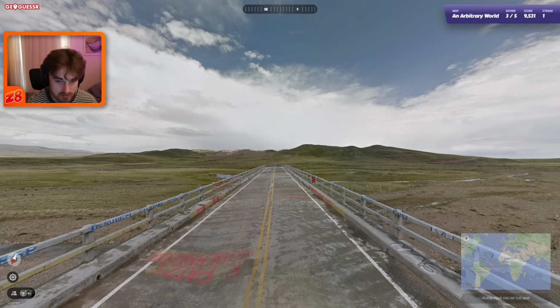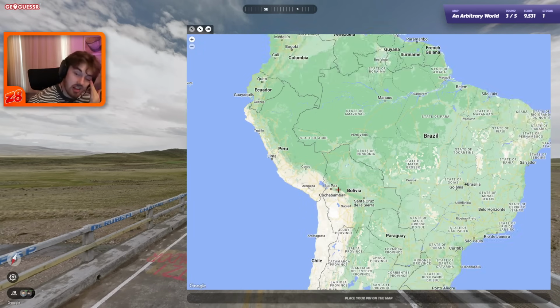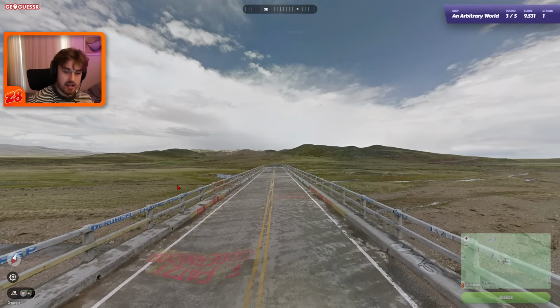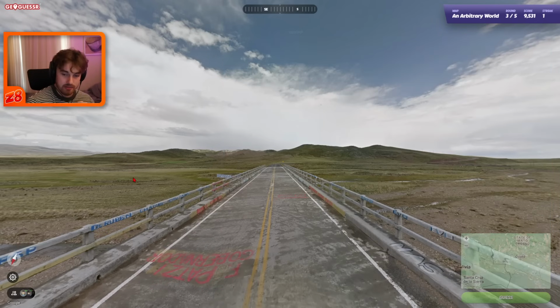And number two, we have this blue, white, and black paint job here, and I'm pretty sure that's something you see mostly in Bolivia. I think it's a political party or maybe an indigenous flag. I can't remember what the context of that is, but it's something you see in Bolivia. And